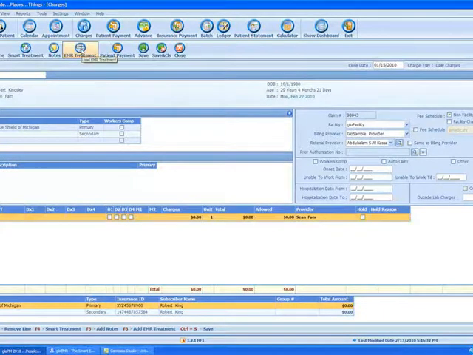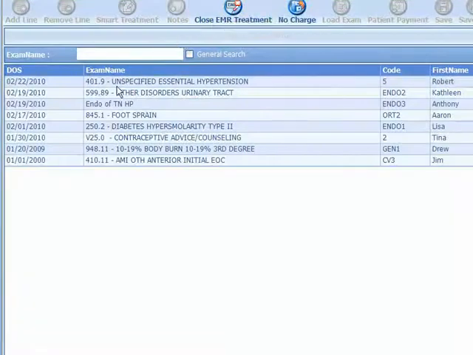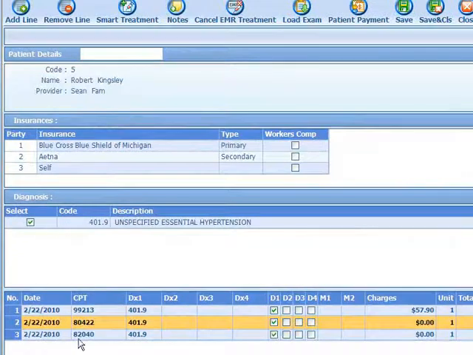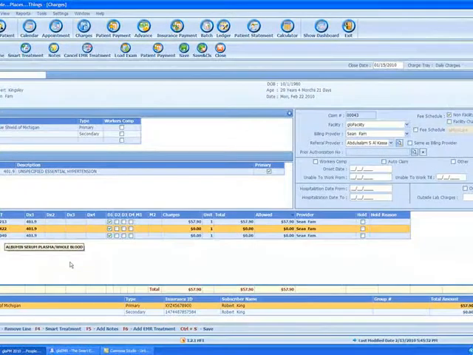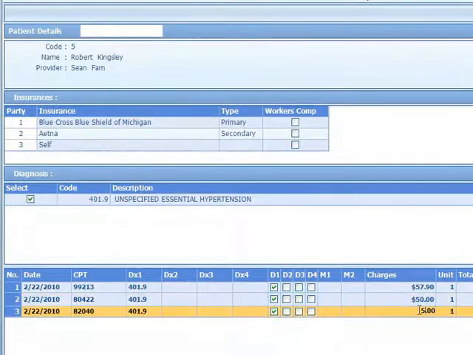EMR treatment is incredible. It comes straight from the doctors. So I actually had the doctor document Dr. Robert's account earlier today. So I'm going to double click on that. And what it did is it pulls in the office visit and the charges that the doctor has done on that patient right from EMR. So if I had charges out there on those particular codes, then they would have certainly showed up here. So it's that easy. I can say, oh, wait a minute, he did something, but I need to know, was it the right side or the left